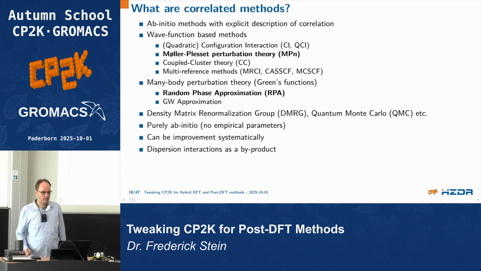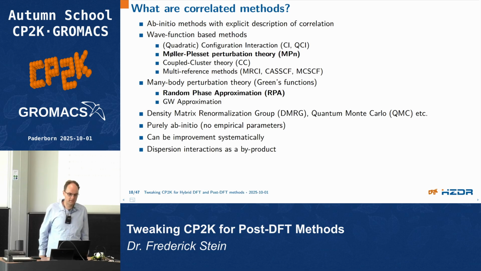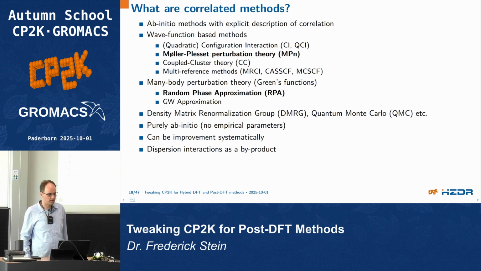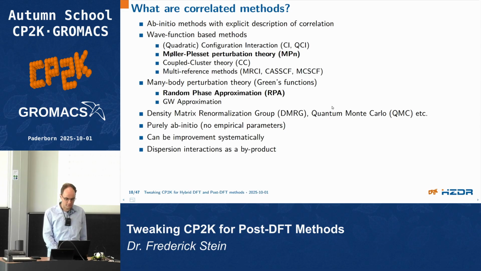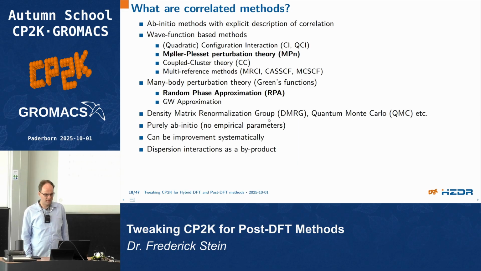And that's why people started to consider correlated methods. So basically, what we now try is capturing the actual correlation effects which are predicted by the Schrödinger equation. There is a large variety of frameworks available. The ones which are relevant for CP2K are the MP2 method and the RPA method. There are also a few others, wave function based ones like coupled cluster, which you may be familiar with, and also many-body methods like the density matrix renormalization group or the quantum Monte Carlo method. These are not available in CP2K, but are probably the most accurate methods that we know of,